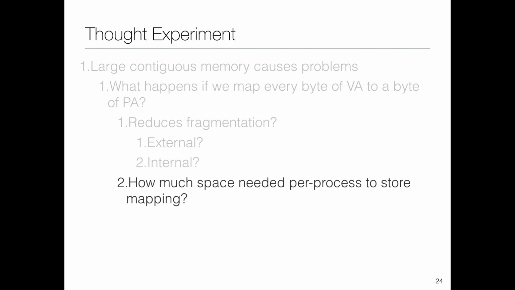So how much space do we need per process? We need a lot of space. The way I'm trying to lead you is that we started with giving the entire process the entire contiguous memory. That was bad. We moved to segmentation, which was somewhat better. We then went to the other extreme, each byte for each byte, which is bad. So can we do something better?